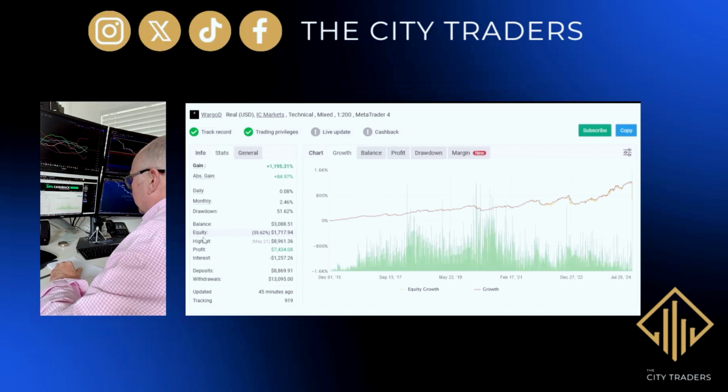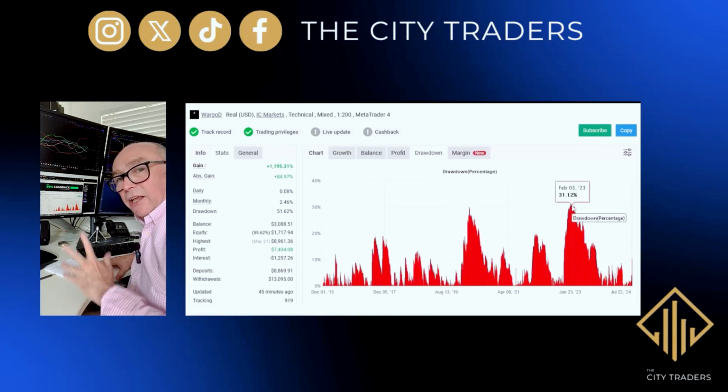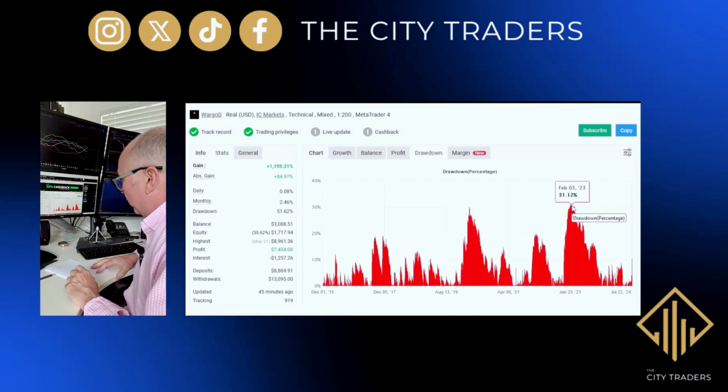And here's another one. You see again, nice looking growth curve. Looks pretty decent, doesn't it? It's got a gain of 84% on the strategy, and the drawdown on this one is 51%. Go to the drawdown, you can see exactly how it's all performed. Sometimes you're seeing a 30% drawdown. Again, you have to evaluate that. Are you going to feel comfortable trading a strategy, seeing the account decrease by 30%?